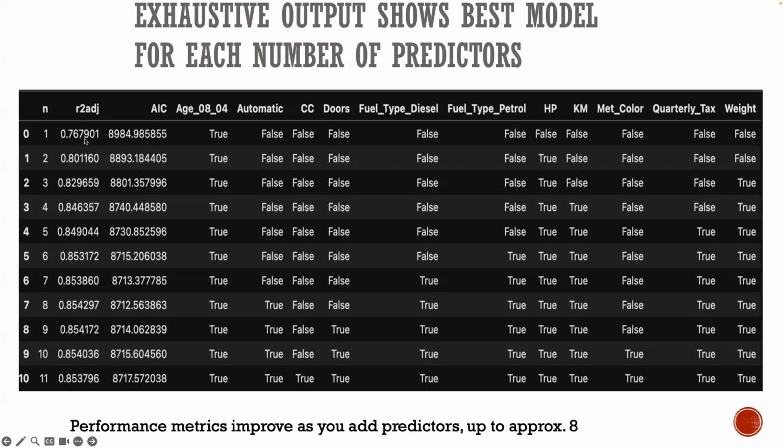So you can see that our R square, adjusted R square, is increasing until about this point, until we add 8 variables. When we add the ninth variable, it starts to go down. So 0.8542, 0.8541. So it's going down and further down, etc. So 8 seems to be, according to adjusted R square, the number of variables that we want to include. And if we go by the